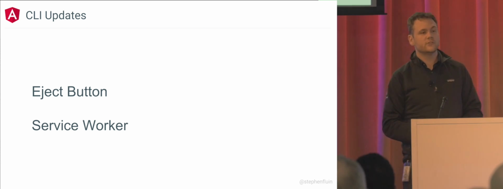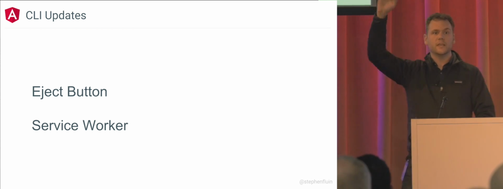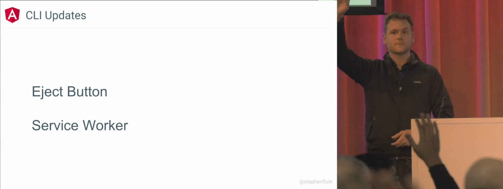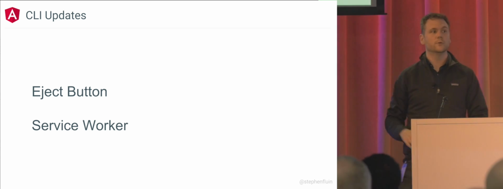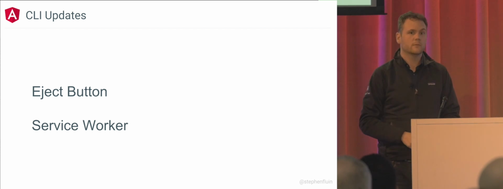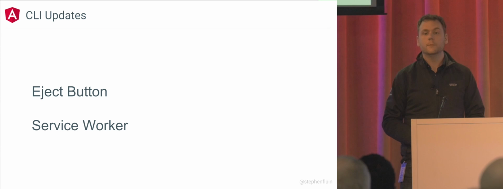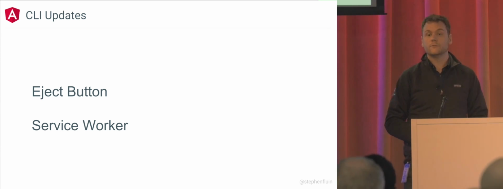There's two new features in the CLI that we've shipped. The first is what we call the eject button, and then the second is some experimental support for service workers. And so, how many people here have used the Angular CLI? Okay, that's probably most of you, which is really exciting, because we definitely believe that CLI is a great way to build Angular applications. It's not the only way, but what we're trying to do with the CLI is really abstract a lot of the complexity away for you that just makes you able to focus on what you're doing